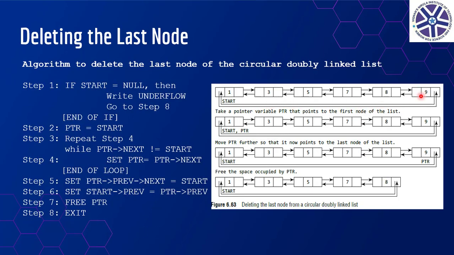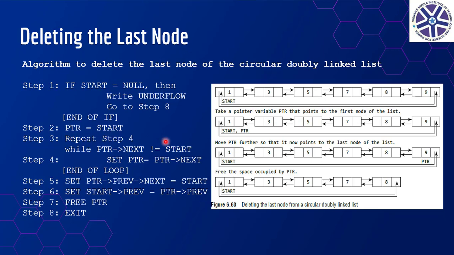Deleting the last node from the doubly circular linked list. You have this last node and now you have to delete it. After deleting this node, the node before it, which is 8, has to be interconnected with 1, the starting node. How are you going to do that? If it were a singly linked list, this node would have to be addressed with another temporary variable. Since this is a doubly linked list, there is no need for two temporary variables. So let us see how it is.